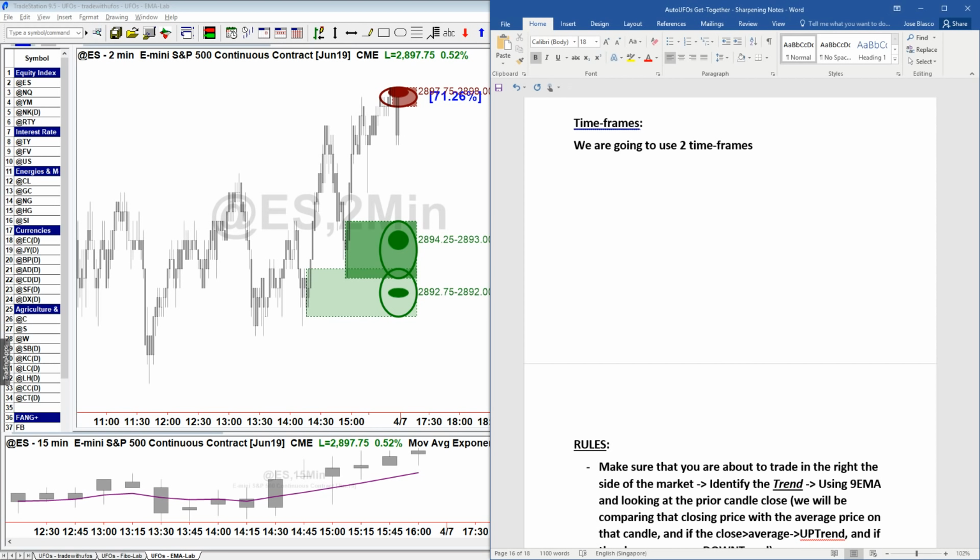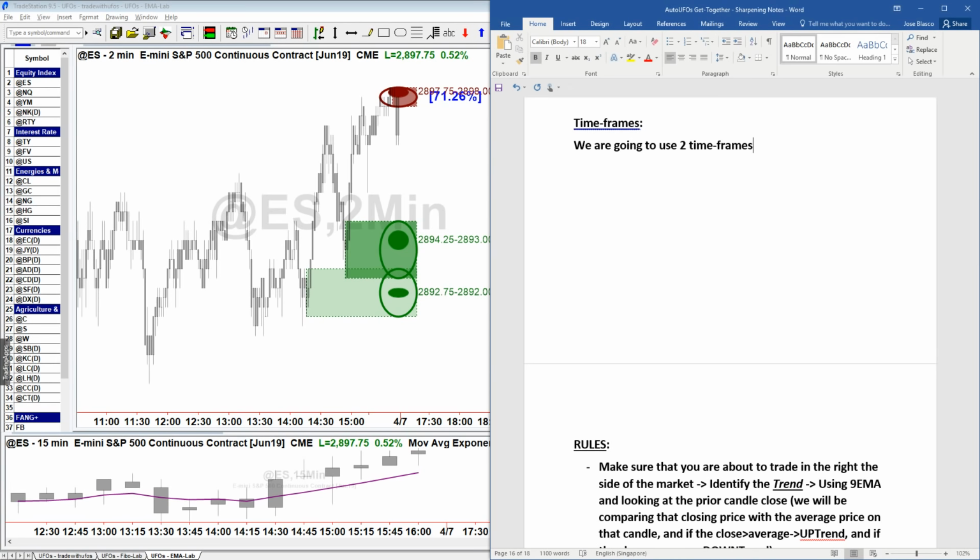And by the way, you have seen me, especially when I use options, many times use one time frame. Okay, and why is that? Well, because I don't mind losing precision. Because with options, you could trade with no stops, or you could also trade non-directional, where you don't care that much about precision. So in that case, you could use one time frame. But here we are doing intraday trading, so we're going to use two time frames.